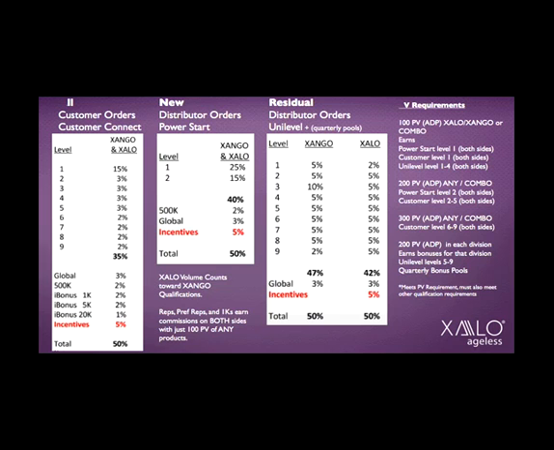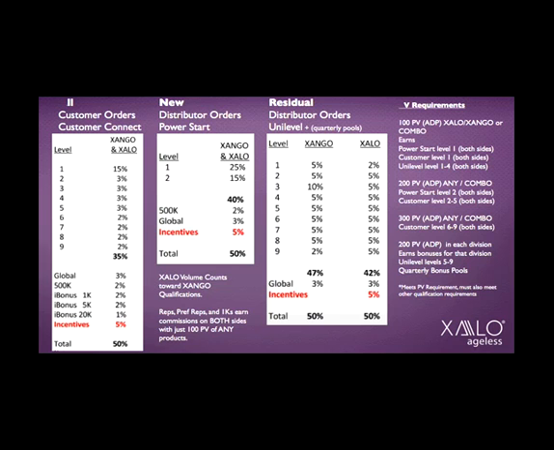There's some people love the XALO products, and some people love the XANGO products, and some people love them both. So whether or not you're a XANGO distributor or a XALO distributor, it's the same company, it's the same downline, it's the same network, and you're able to earn off of all XANGO and XALO volume with just 100 points of any product at all. And you're able to earn that 2nd level Power Start and 2nd through 5th level customer payout by bumping up to 200 points of any combination of products. It could be a little XALO, a little XANGO, a little both, all one, all the other, doesn't matter.